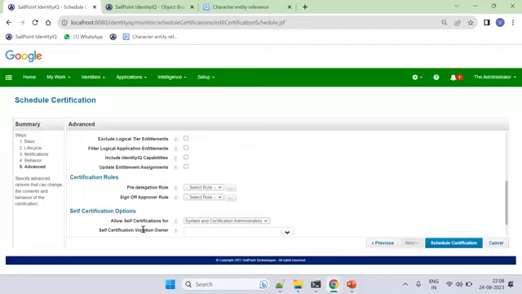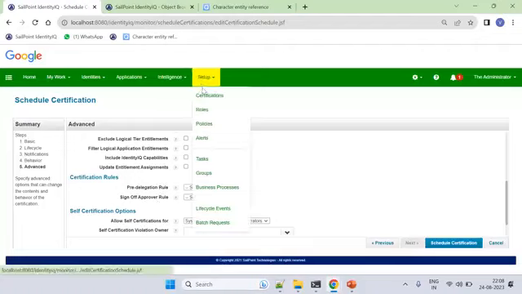Majorly, this is what we do in certification. There are a lot of options which we can use, but they create a lot of complication in certification. So we make it simple, we use the certification. And since certification is the most widely used feature of SailPoint, and mostly non-technical people use this,